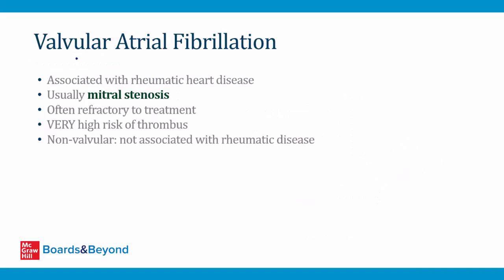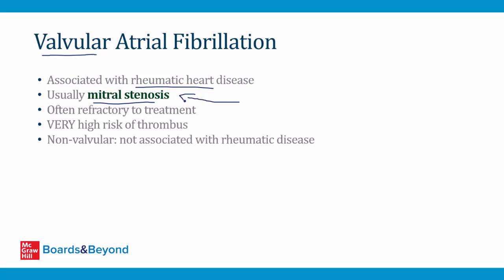There's a special subtype of atrial fibrillation called valvular atrial fibrillation. This is traditionally used to refer to AFib associated with rheumatic heart disease, especially mitral stenosis. So when there's mitral stenosis, the blood flow in the atria is sluggish to begin with. If that patient also goes into AFib, then they have very, very slow blood flow in the atria, and so those patients with valvular AFib from mitral stenosis are at very high risk of forming a thrombus and having a